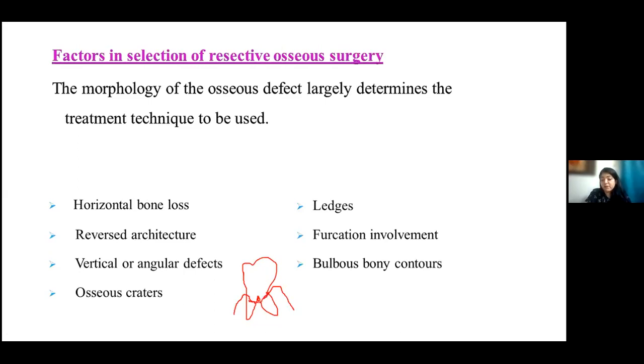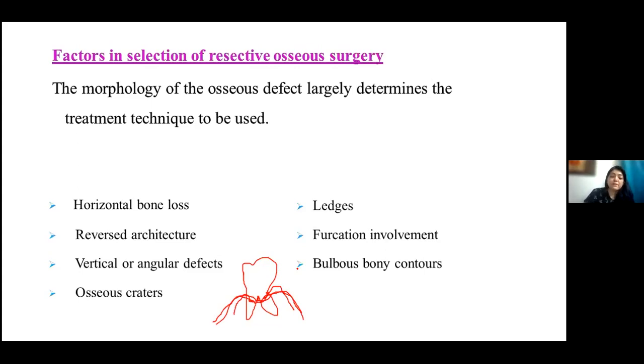Tunneling means through and through, you can just file the bone and give it a nice smooth architecture like this. Then when you place the gingiva back, the gingiva will sit on this, in this fashion. And then the patient can maintain the furcation and other areas. Once there's no pocket, the patient can maintain the furcation and the tooth. This is a very commonly done procedure for furcation involvements. It's called tunneling. It's done for grade 2 and sometimes grade 3 furcation involvements.